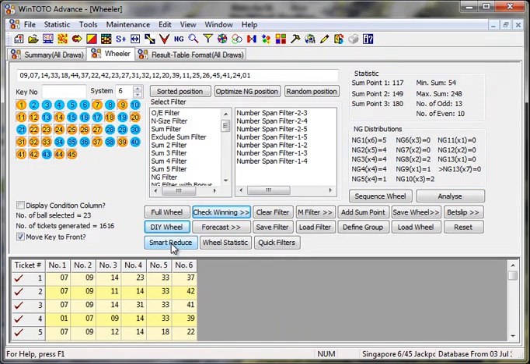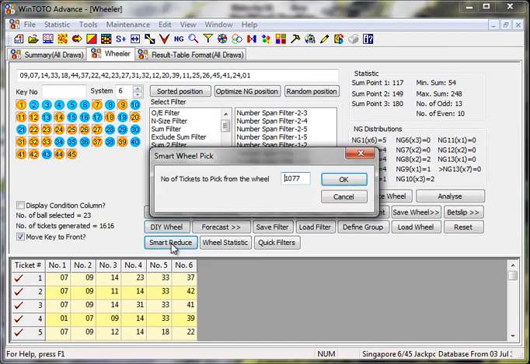So it's a very smart reduce that enables you to continue to play 23 numbers at an even lower cost than what you are seeing right now, which is 1,616 tickets. Once I click on the smart reduce, it will help you reduce to